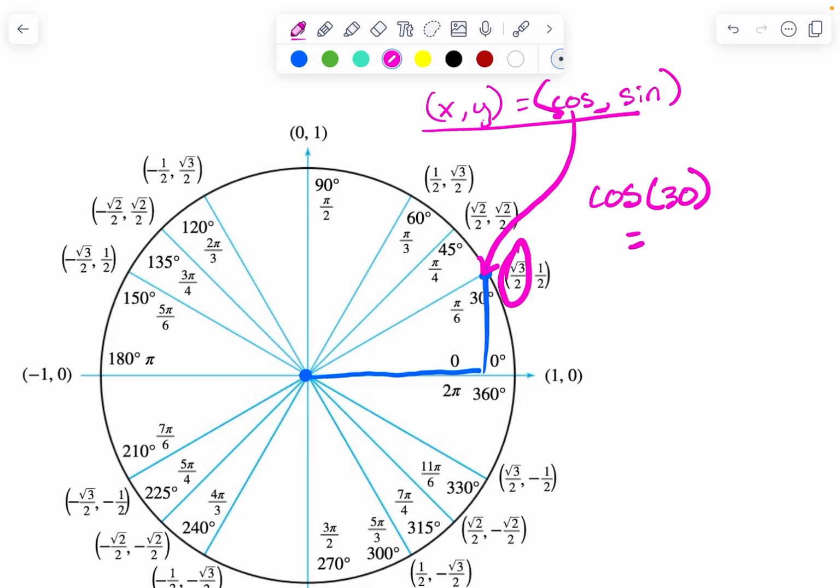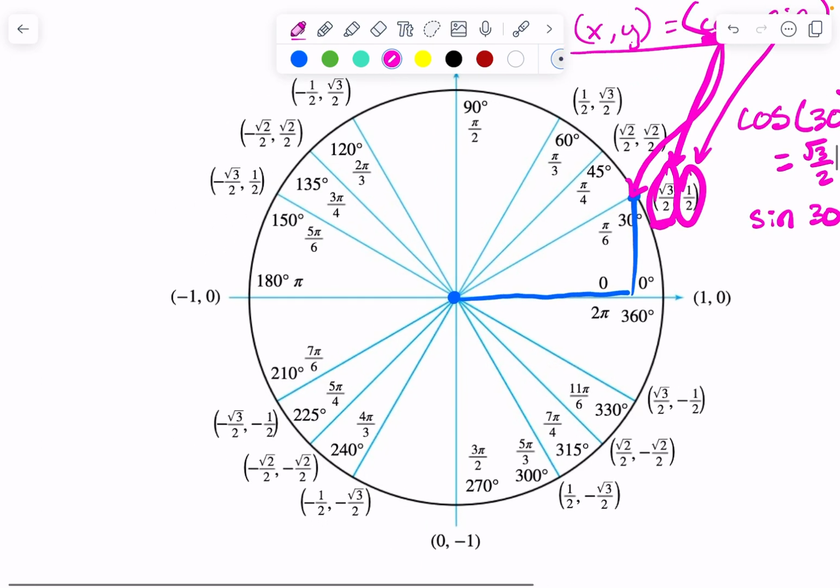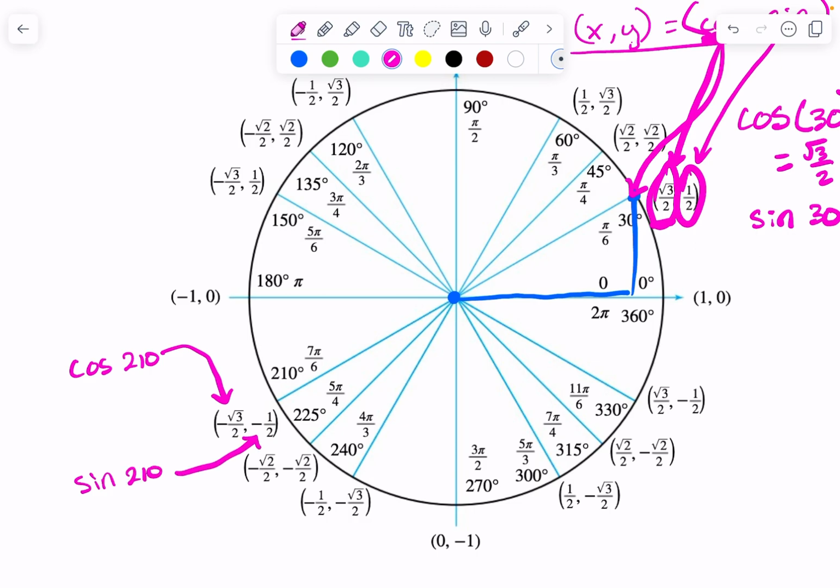because that value is the x coordinate of what it is right here, the square root of 3 over 2. If you want to do sine of 30 degrees, you can type that into your calculator as well, but that value is going to be 1/2, right? Cosine is the x coordinate, sine is the y coordinate, and that's how that works, okay? So let's bump over here, and let's say I want to do, I don't know, 210 degrees. If I want to find cosine of 210, it's going to be this value. If I want to find sine of 210, it's going to be this value. So I can just read those off of the unit circle and not have to type them in every single